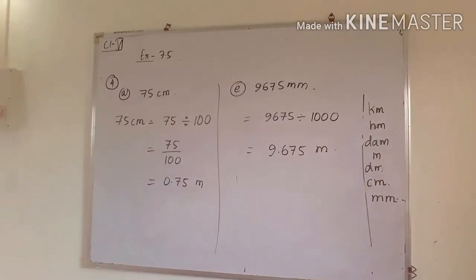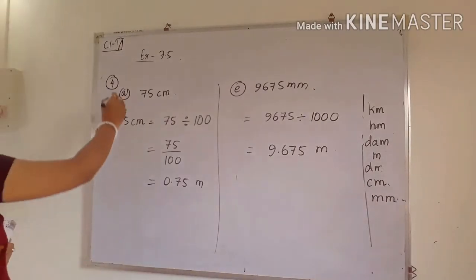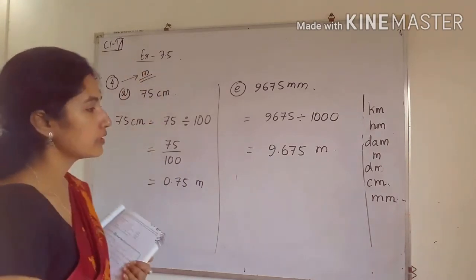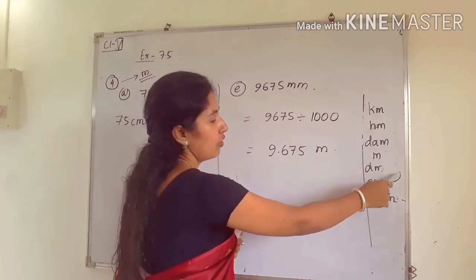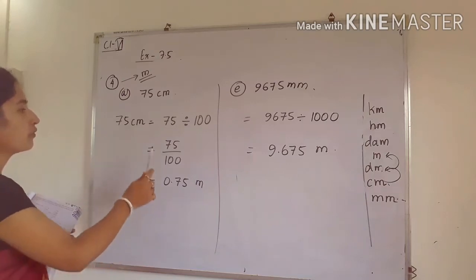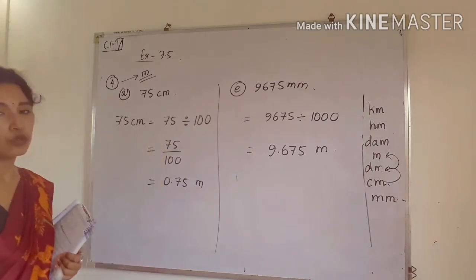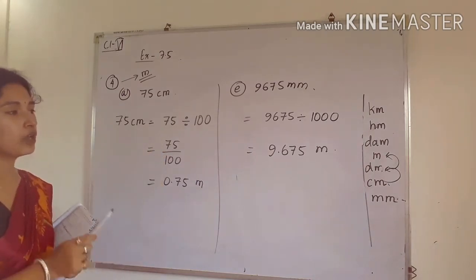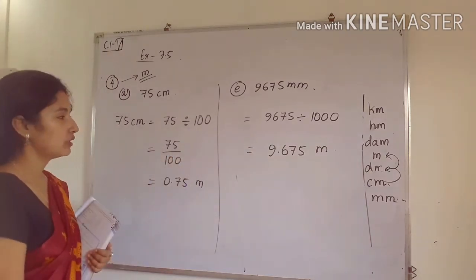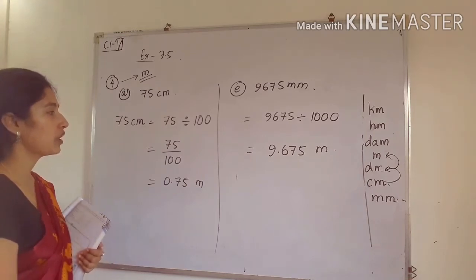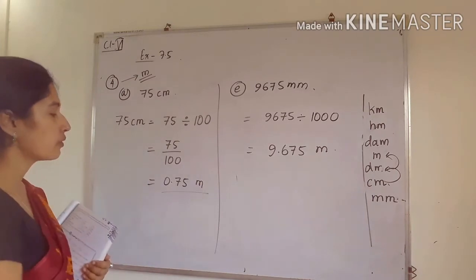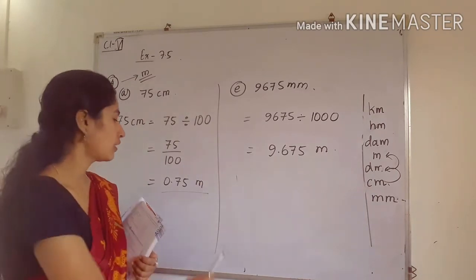So see the next question. Question number 4. Here you have to convert it into meter. Okay. So first question is centimeter. In centimeter it is given. So we have to go 1, 2 step upward. So when we go 2 step upward, what we have to do? We have to divide, and divided by which number? 2 tens, and 2 tens will be what? 100. Okay. 2 tens will be there, so 10 into 10 will be 100. So after dividing it by 100, we can convert it into decimal, and we can write 0.75 meter. You have to write the unit.